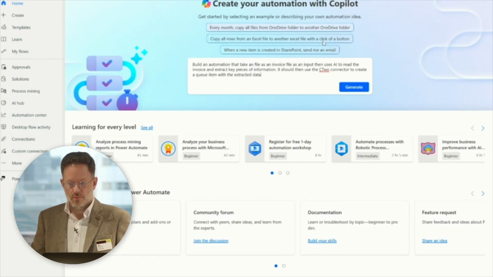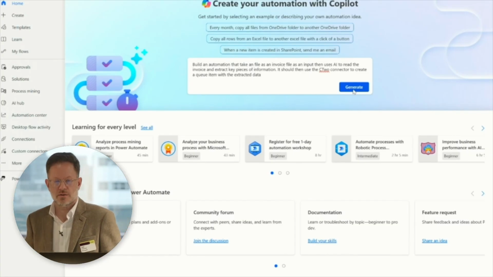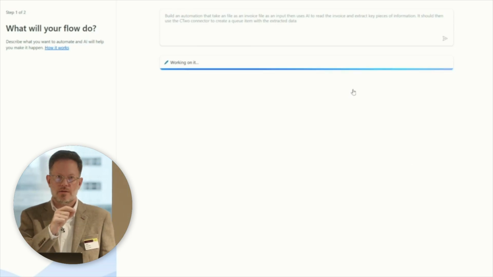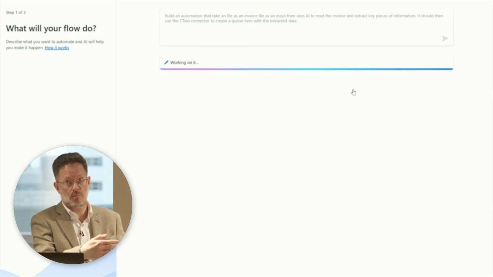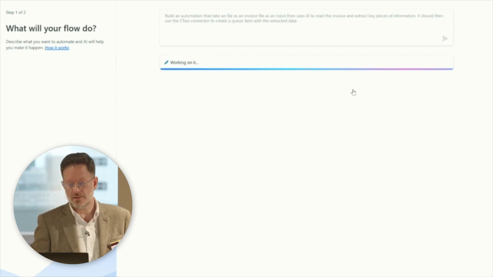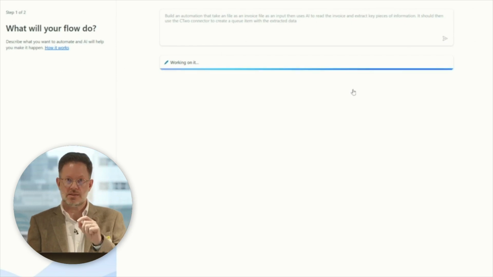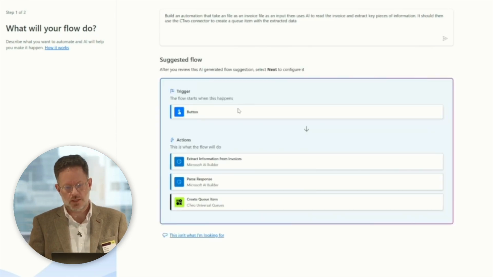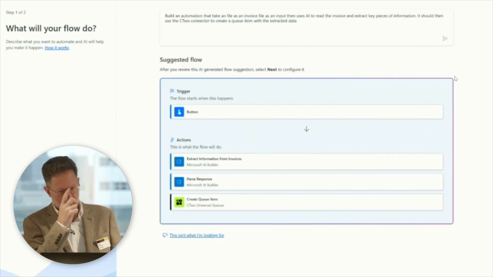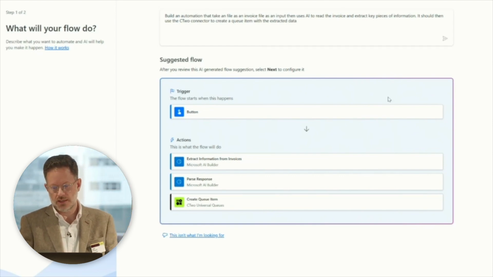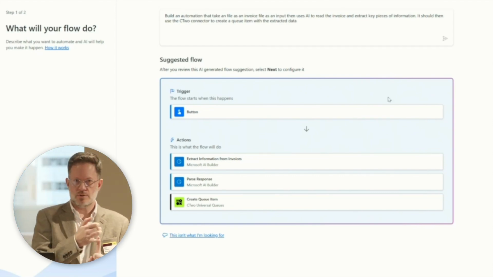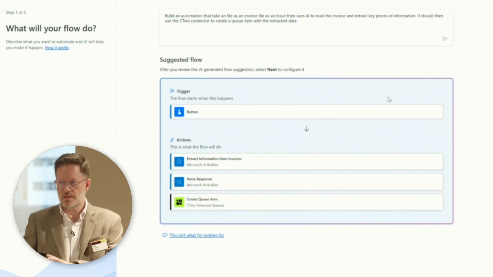So I've written out my prompt. That's going to go off to the model. Copilot's going to take all the information we've given it, a very simple prompt, and build us out a template. It's going to say, this is what I think you mean based on that prompt. That comes back relatively quickly, and what we can see is that the first thing we're going to need is a trigger. In this case, it's assuming we're going to hit a button to run that trigger. For the purposes of the demo, we're going to leave it at a button,